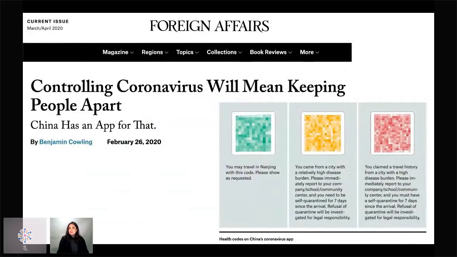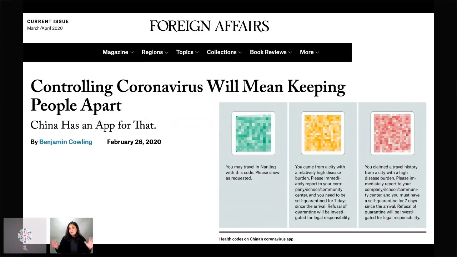Now, countries like China, I mean, one of the reasons that they were able to keep this under control after a while is because they implemented a lot of different things. So one of the things they did was they locked down cities, so that they basically put entire cities into quarantine and into isolation. Quarantine means you're isolating somebody that's already been identified with the disease.